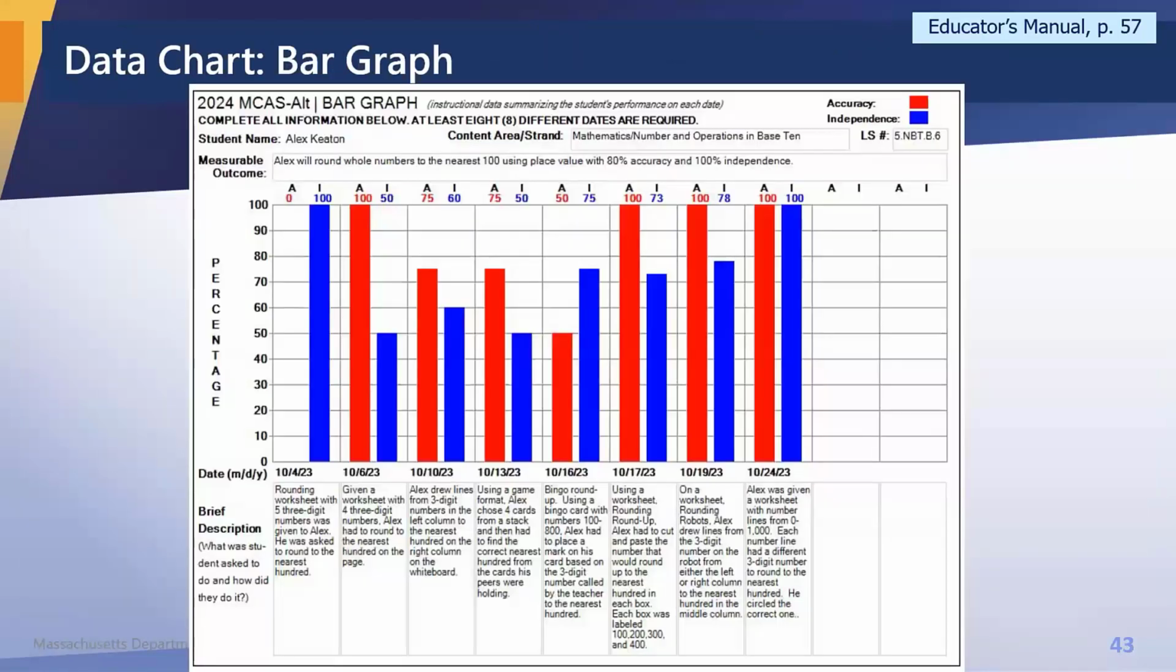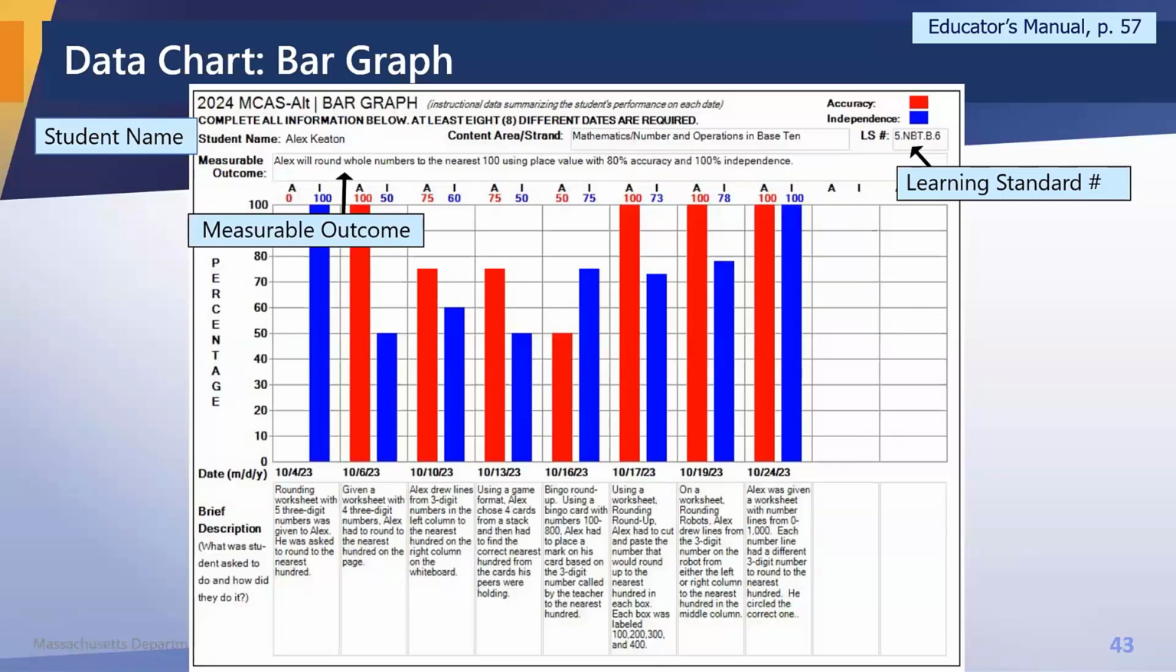So let's take a look at it. This is Alex Keaton's graph. This is a bar graph, and you can see that we have the student's name up there. Remember, this is all going to be filled in using the Forms and Graphs. There's our learning standard number all set for you that you chose. Alex's measurable outcome,